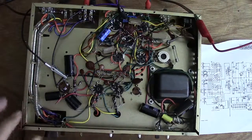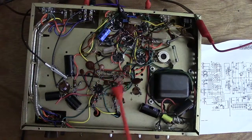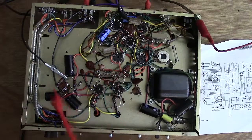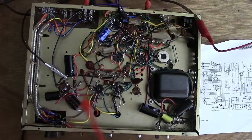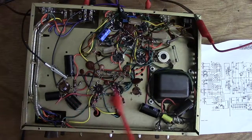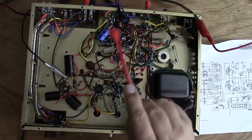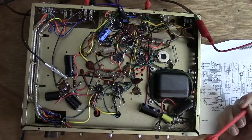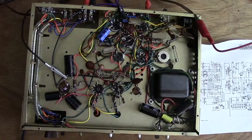And this was kind of a pain. It turns out that in all the things that I have, I don't have any of these terminal strips. Because if I had one of these, I'd have done this a lot differently. I'd have put one in here, then tied them all off and made this look a lot nicer. But this is pretty safe. You know, they're not going to move around. One side of the cap's always tied down. Then back in here, I had to replace a couple of papers for the bypass capacitors for the cathode bias